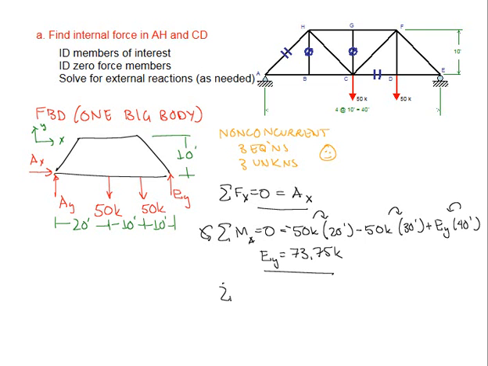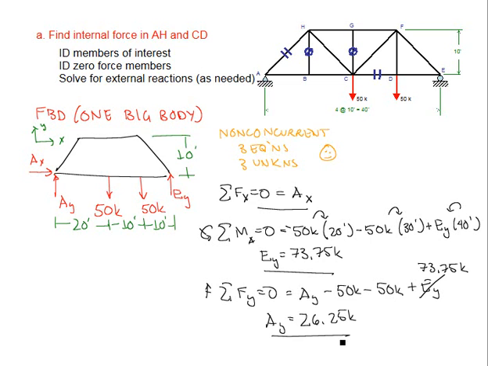Now it's time to sum forces in the Y direction. We'll assume that up is positive. Again, working left to right, we have AY, positive, negative 50 kips, another 50 kip load in the negative direction, and EY in the positive direction, which we just solved for as 73.75 kips. This tells us that A sub Y is equal to